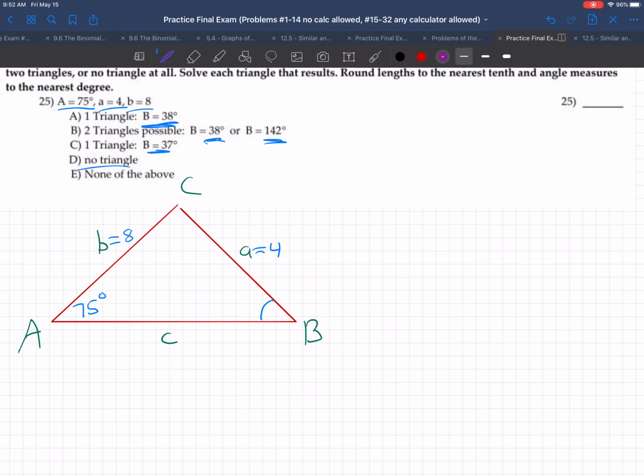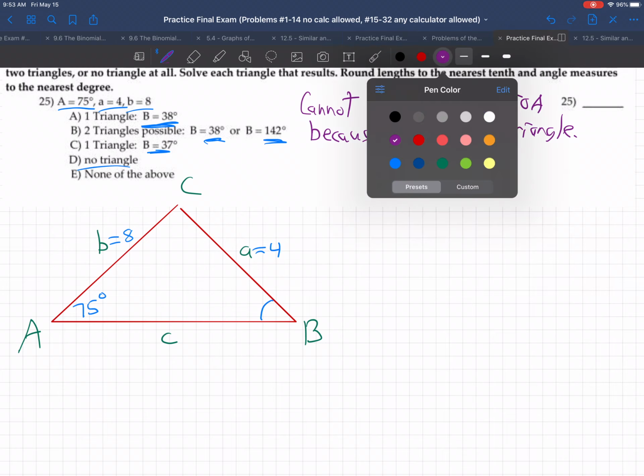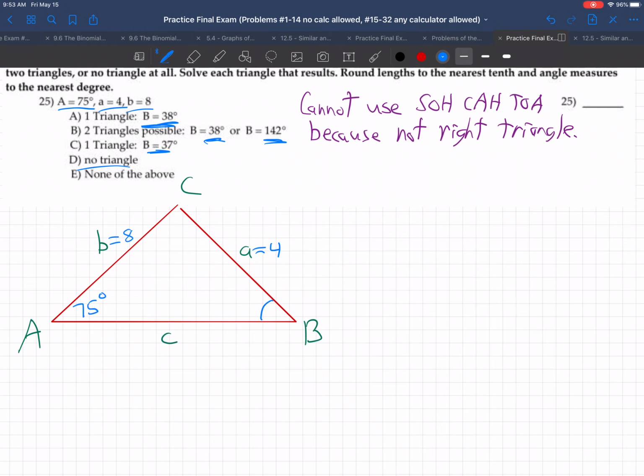So we cannot use SOHCAHTOA, because SOHCAHTOA is only for right triangles. So what are we going to do then? We're going to use the law of sines,